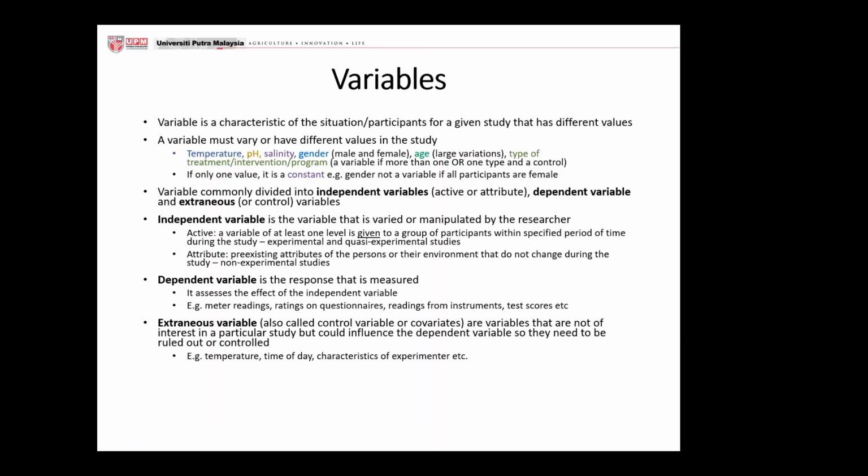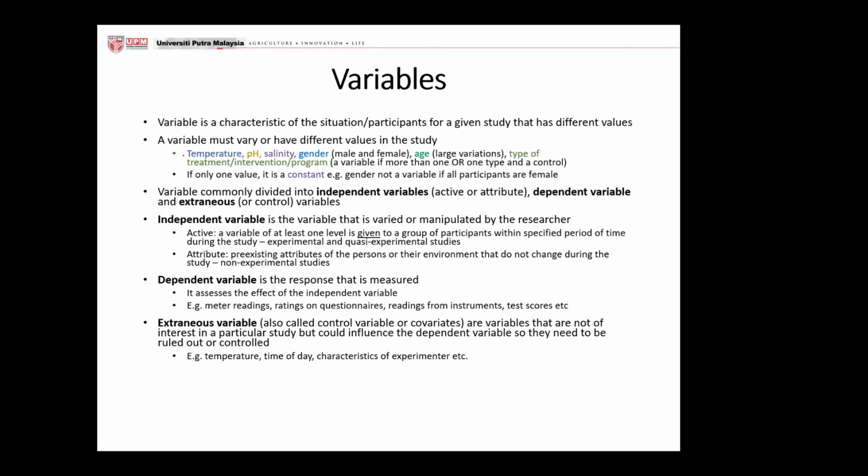Whereas if it's people, they have their own variables as well. For example, if you do water quality, or you are sampling some water in the lake behind the department,